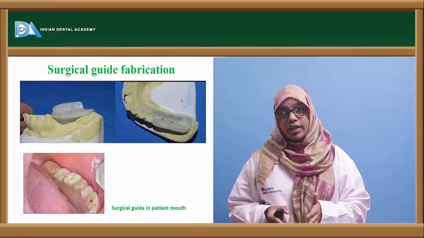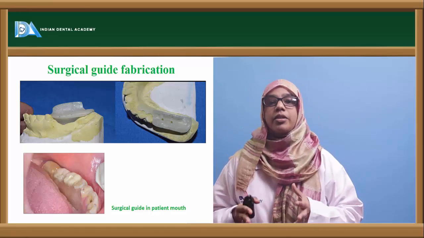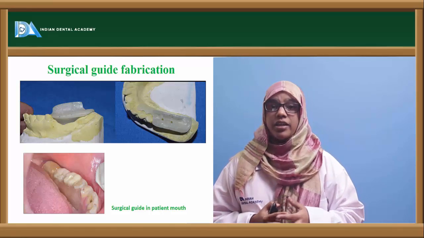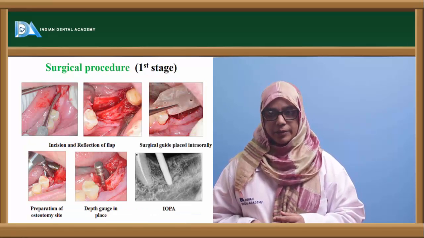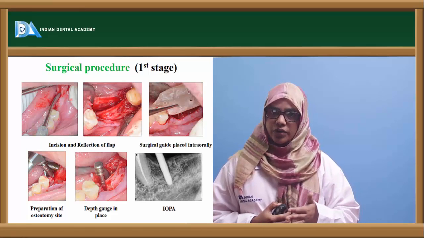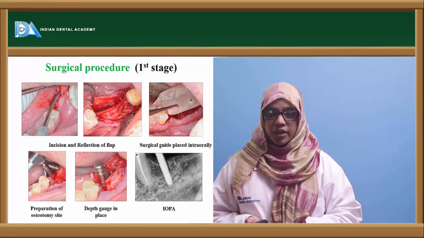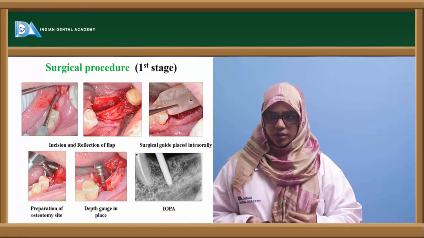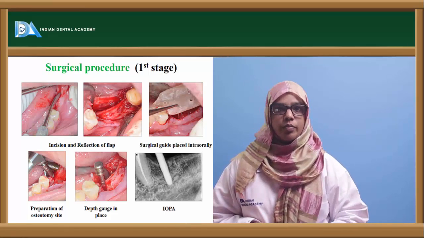Now the surgical guide will help you to place the implants parallel to each other and parallel to the adjacent teeth. It's very important. Once you have fabricated your surgical guide, you will start with your surgical procedure. You will give a crestal incision, reflect a mucoperiosteal flap, and see the bone. If there are any sharp edges, you will trim them. You will get sufficient width. Once you have done this, you put the surgical guide on and mark your purchase point.